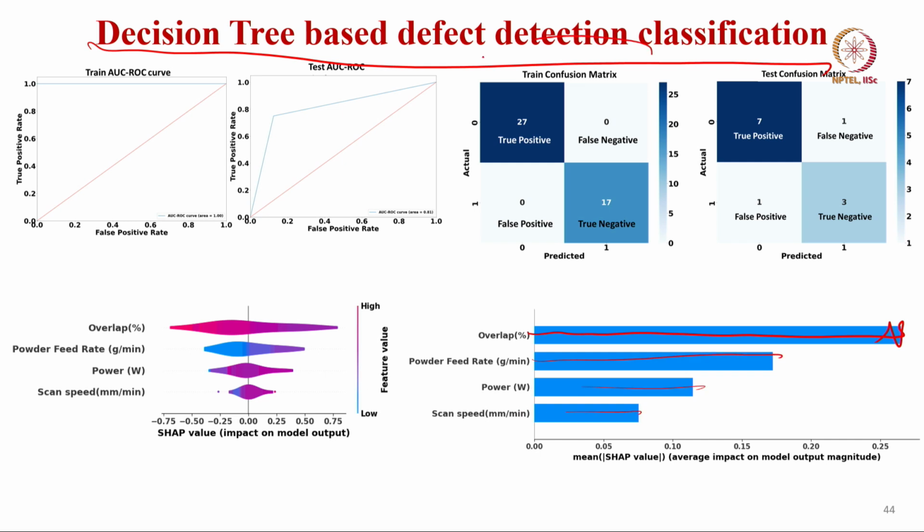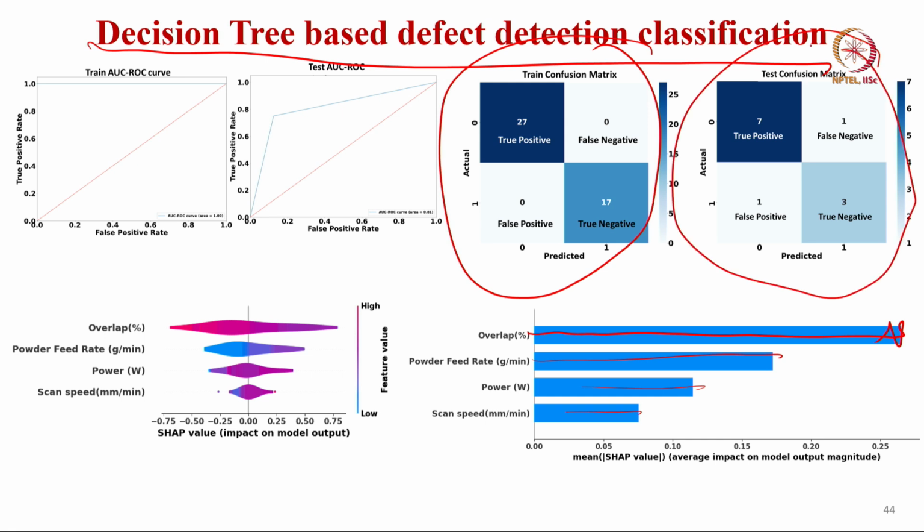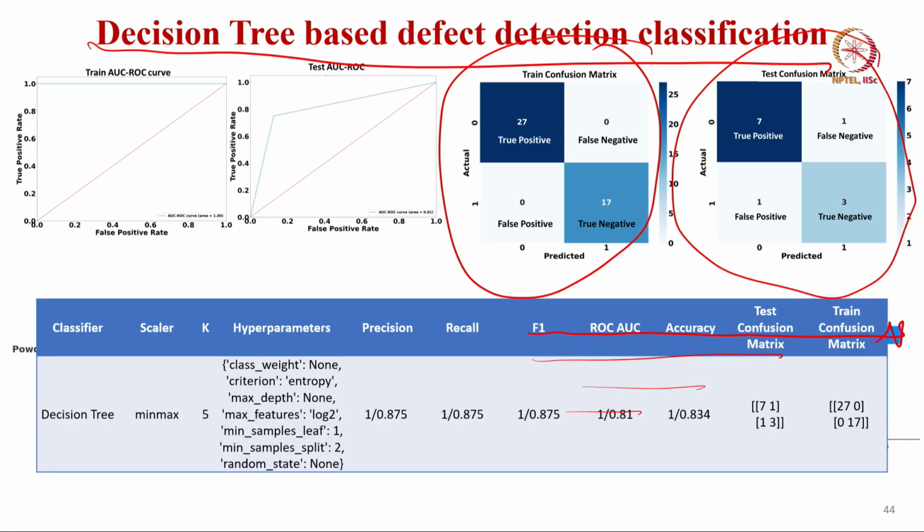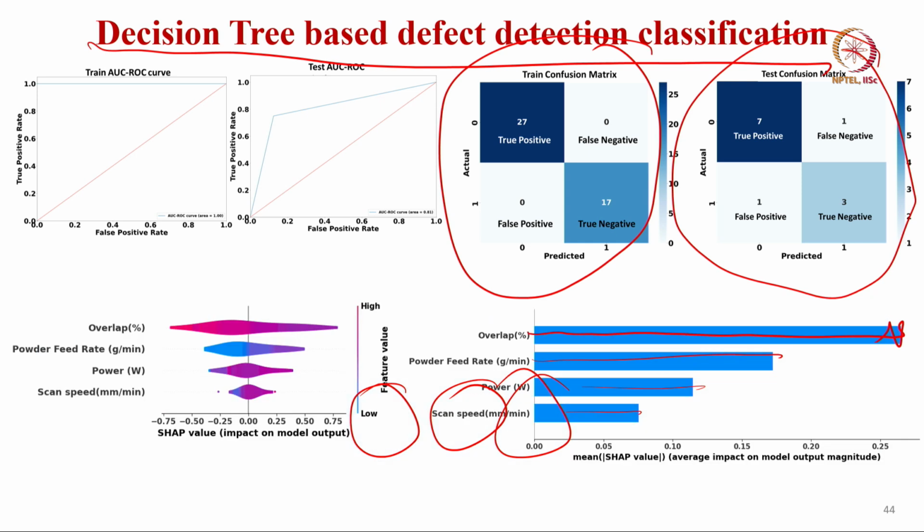And here again you can construct the confusion matrix for the train data and test data, and using a similar kind of analysis you can arrive at this particular summary table, where you can see in the decision tree the recall value is all perfect one, that means the decision tree based classifier performs much better than even the earlier one,